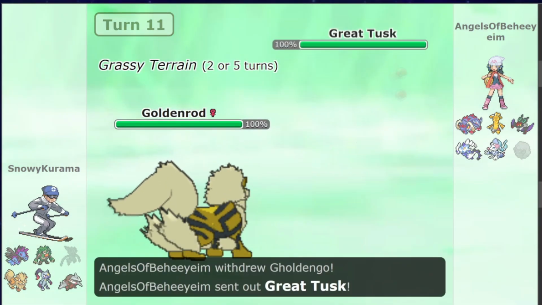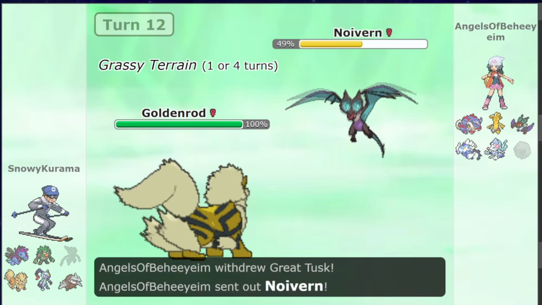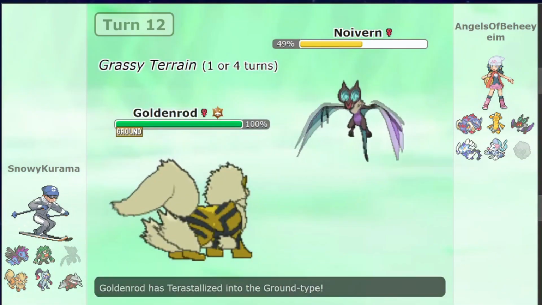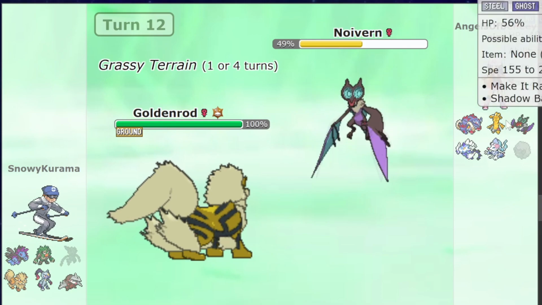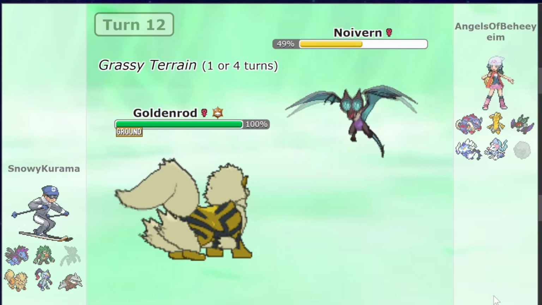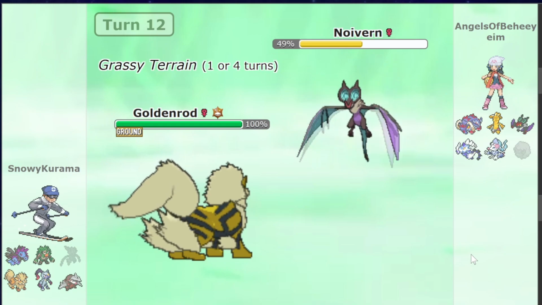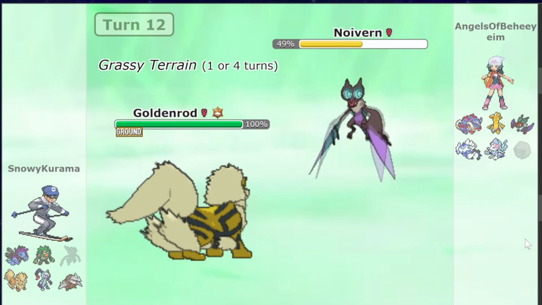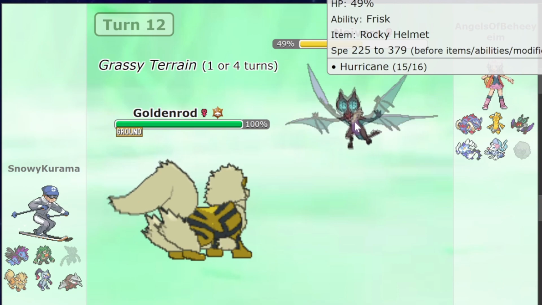Arcanine comes in so they can take a Make It Rain, but Great Tusk comes in on the double. And then Noivern comes in on a triple. Sees the Charti Berry, which is completely useless, by the way, because there isn't a single Hisuian Arcanine on the opposing team. Turns out that Juiced thought of that because it is threatening. Good for us. I just Terra Ground so that it doesn't,